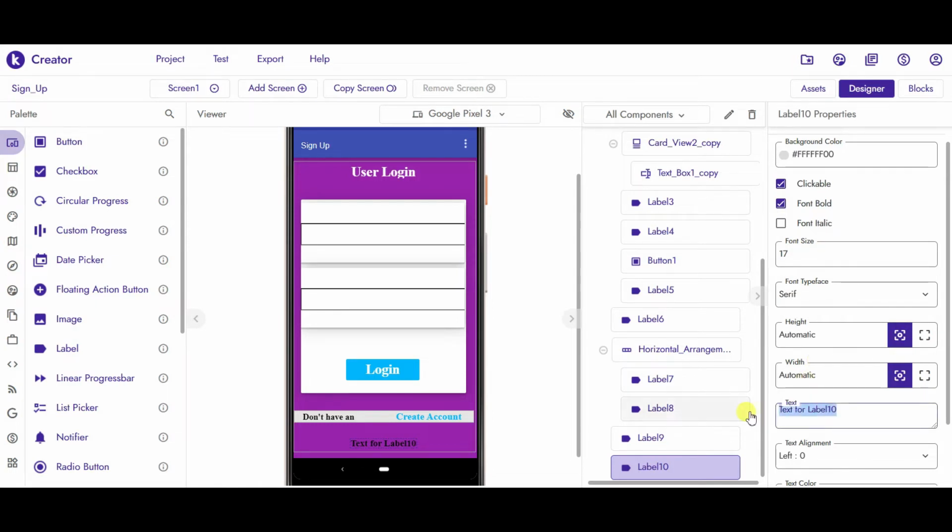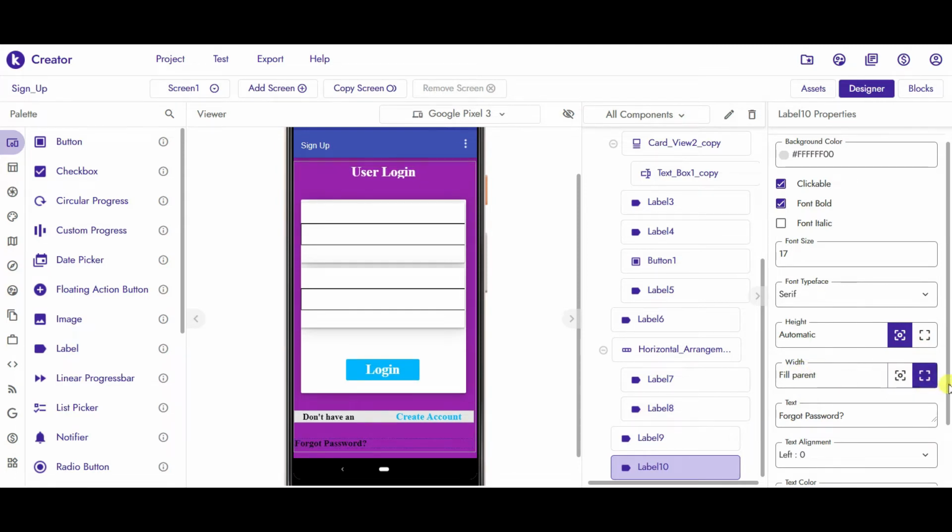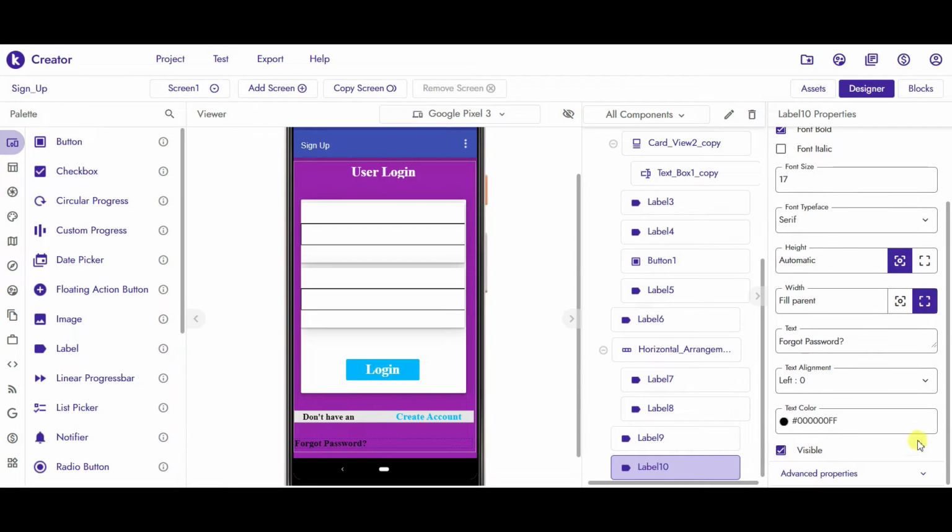Text will be forgot password. And width will be fill parent. Just align the text to center.